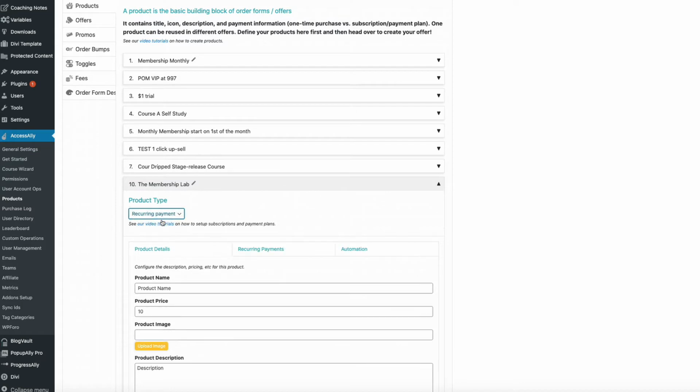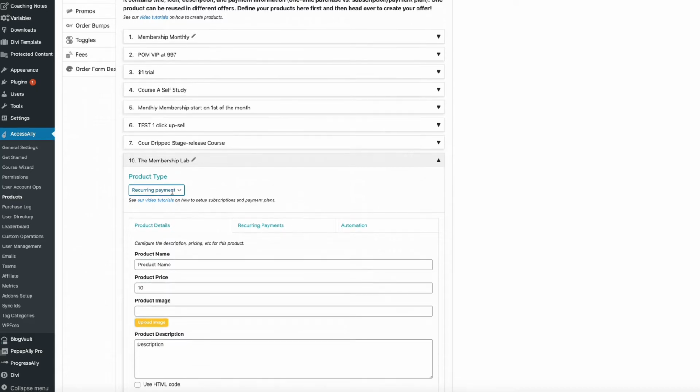It's going to be a recurring payment. So even if you're setting up a trial for a course that's a one-time payment, you still want to set up the course here, the product, as recurring, because the payment is delayed. Therefore, it's a delayed payment. So there is a recurring so that we can catch any failed payment and things like that. Okay. But here we're really going to talk about recurring payments.